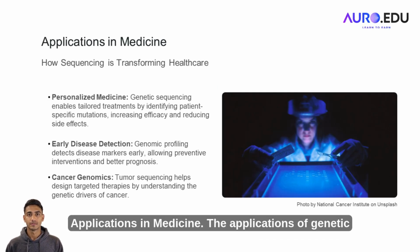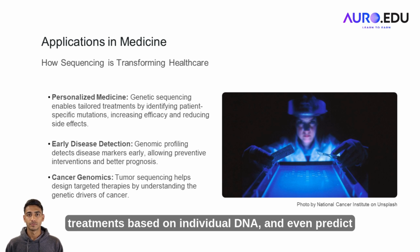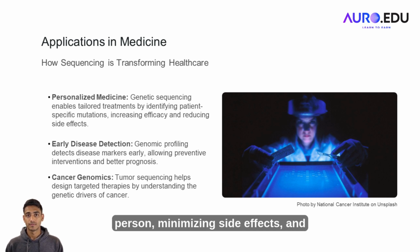Applications in medicine. The applications of genetic sequencing in medicine are enormous. Doctors are using it to identify genetic disorders, tailor treatments based on individual DNA, and even predict disease risks before symptoms arise. Personalized medicine is all about selecting the right treatment for the right person, minimizing side effects, and maximizing